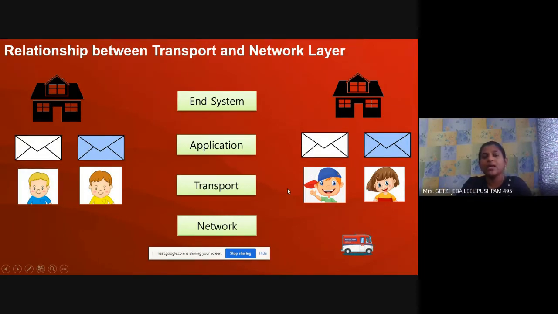Now I told you that the transport layer uses a very well-known concept called port numbers. So what is that port number? We have 16 bits allotted for the port number, and 0 to 1023 is allotted for well-known port numbers. So any program you write, any interfacing program or any client server program, you should not use port numbers from 0 to 1023. From 1024 to 65,535, you can use those numbers for writing your program.